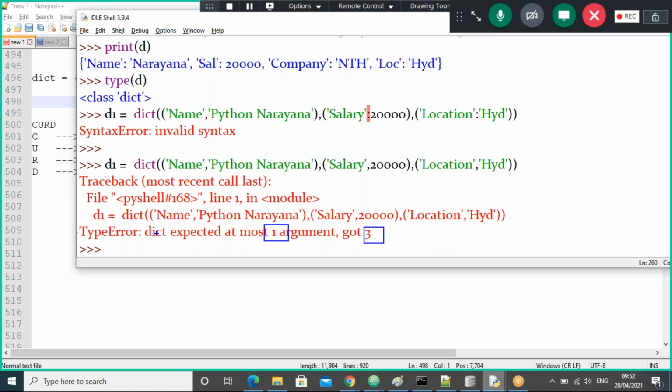Just now you have seen the same error for the list setup. Tuple also, guys, same error. Here also again, what we do? We take square brackets like this, guys, because now this first tuple is one argument of this function. The second tuple is another argument of this function. This is another argument, guys. That's why it's saying that three arguments are given.